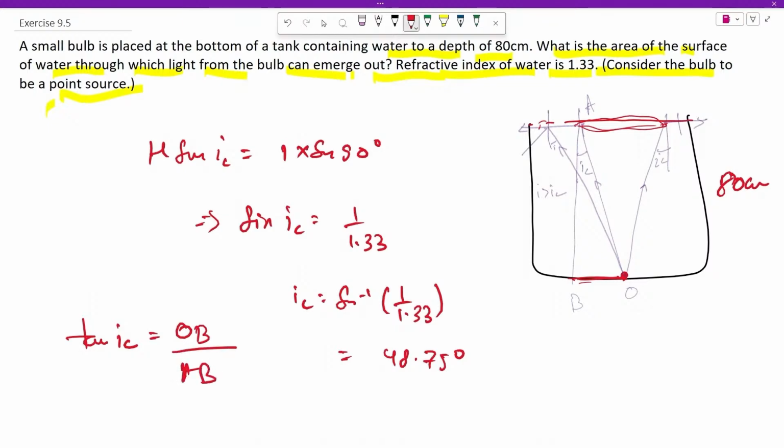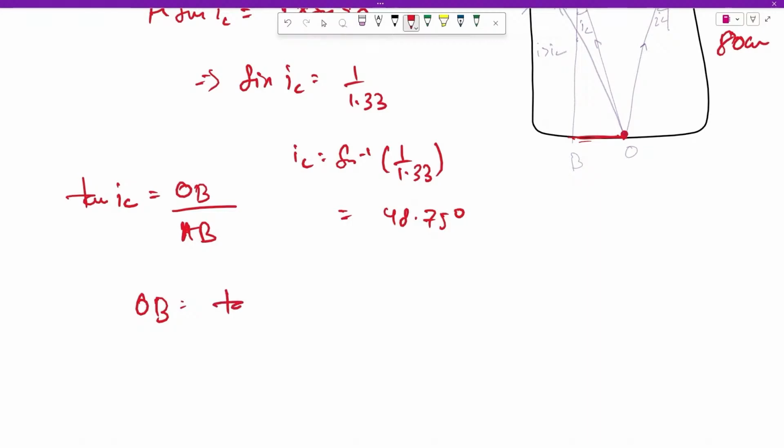Here we have to find OB. We know that AB is the height, that is 80 centimeter, which is given. OB would be equal to tan of 48.75 degrees multiplied by AB, that is 80 centimeter, which will give us something around 91.2 centimeter, that is the radius